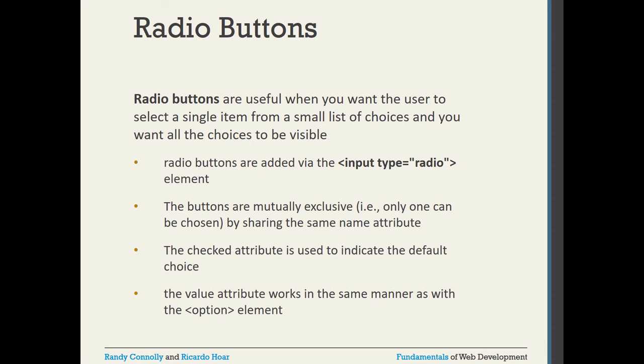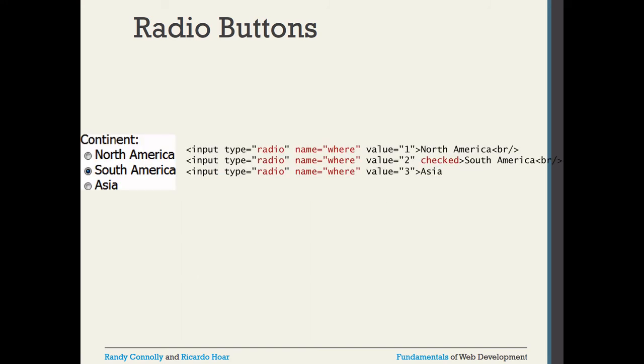Got it? And whatever value you are selecting, along with that selection, whatever value you are writing, that value will pass. You see the example here, input type equal to radio, name equal to where, and value equal to 1 and North America. Then again value 2. One more thing, by default if you want something to be checked, then you can write checked. This is one of the attributes for input type equal to radio, and for the checkbox also checked. So South Africa value is checked by default.